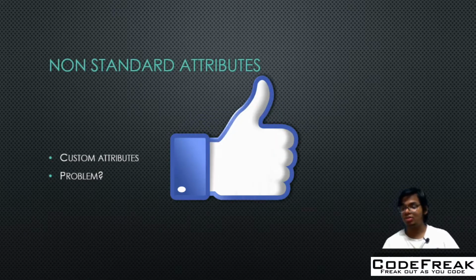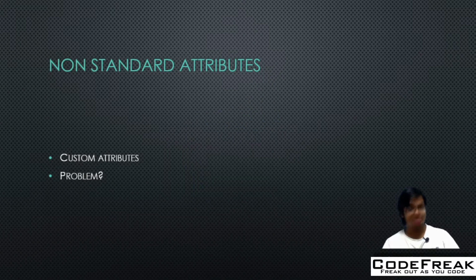Sometimes we may have some non-standard attributes which we use to pass some custom data from HTML to JavaScript. But in the future that may become a real standard attribute, and that will cause a lot of problems when you actually use the latest HTML and the version changes. So that is one of the problems. Is there a solution for that? Yes, there is. To avoid all the conflicts, there exist data-star attributes. All attributes starting with data- are reserved for programmers' use. They are available in the dataset property.